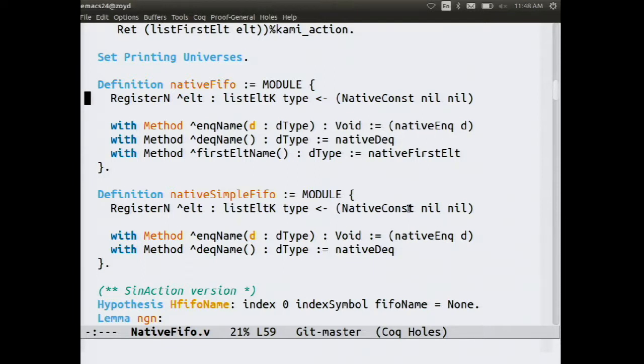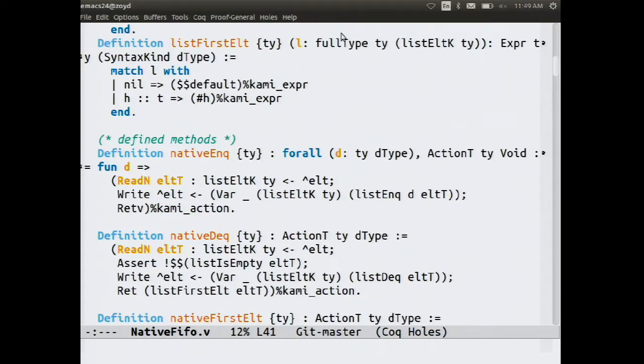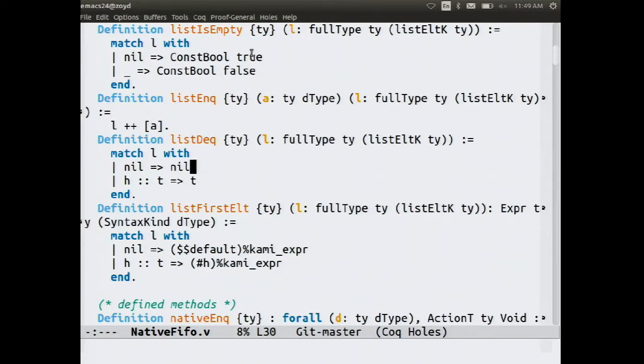As we imagine the process of transforming our implementation towards the spec, we'll be gradually replacing hardware-y things with nice functional programming things until everything's nice. And then we did the proof. And so this is a queue that works by maintaining a Coq list as a register. And we can see the code for NQ and DQ. For instance, NQ will just call a Coq function, list NQ, that merely concatenates to the end of the list. That's something that we can't do directly in hardware, but this is sort of the spec.